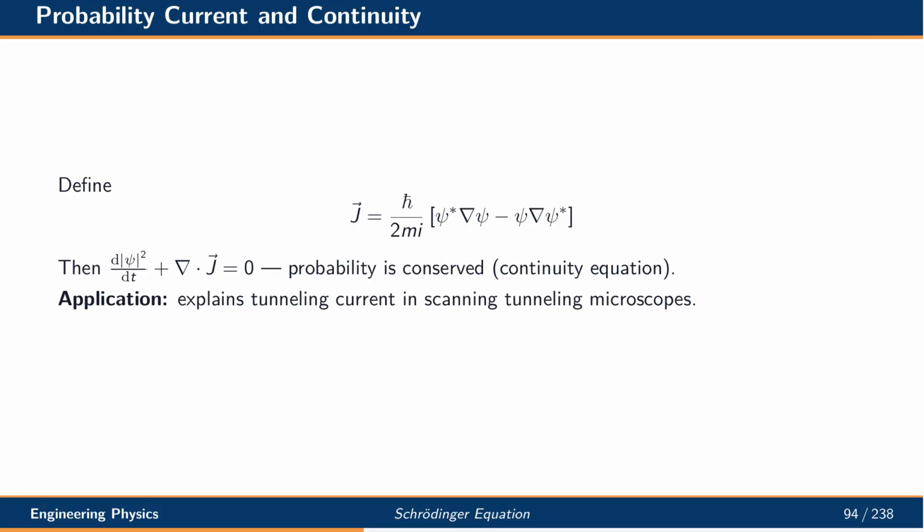Just as charge satisfies a continuity equation in electromagnetism, probability satisfies one in quantum mechanics. The probability current involves the gradient of psi and its complex conjugate. Together with the time evolution of psi squared, this gives a continuity equation expressing local conservation of probability. Probability never appears or disappears. It can only flow. This idea is crucial for understanding tunneling currents, such as those exploited in